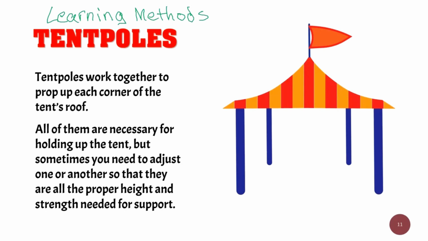So these tent poles themselves, I call them tent poles because tent poles work together to prop up each corner of a tent's roof. All of them are necessary for holding up the tent because you need one for each corner. But sometimes you need to just adjust one or another so that they're all the proper height and strength needed for support. So let's say like this tent pole right here, this could be definitions,